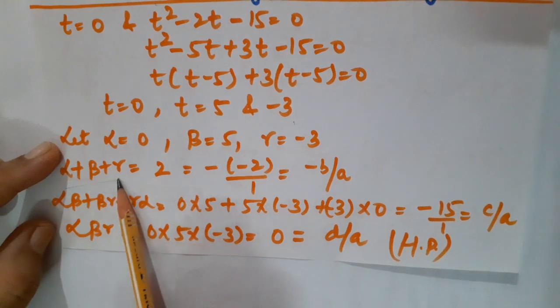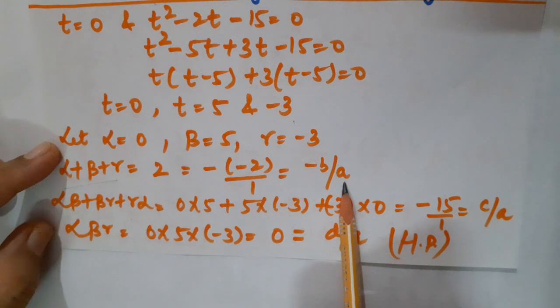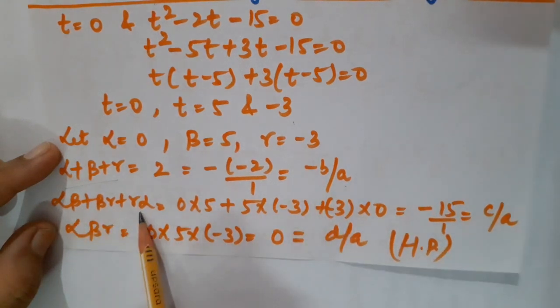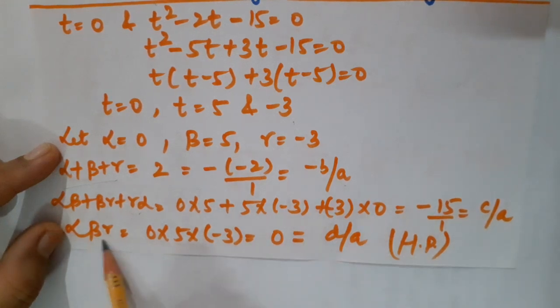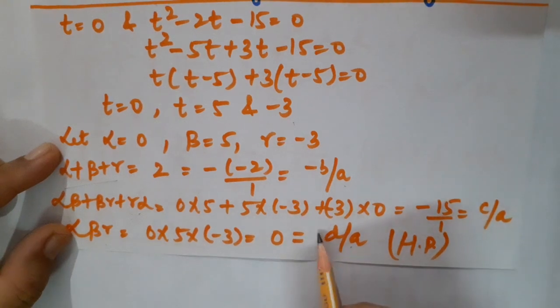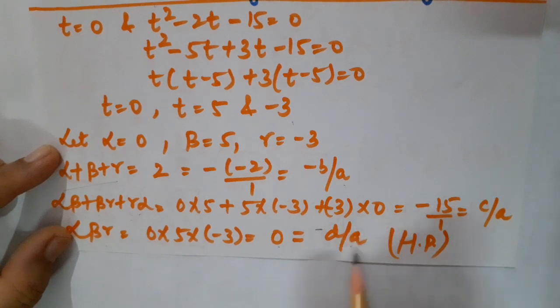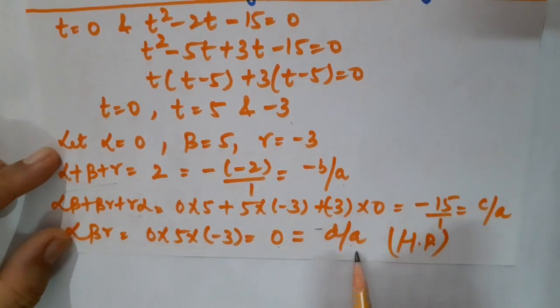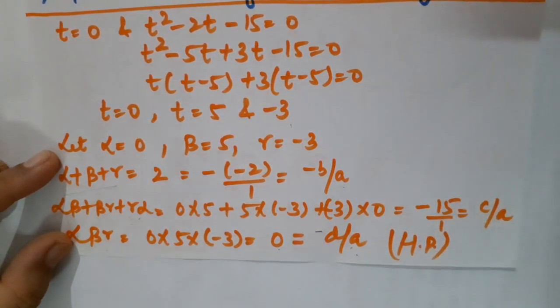That is sum of the zeros. I have added them, so I have got minus b by a. Then sum of the product of the zeros taken two at a time, that must be equal to c by a, and product of the zeros must be equal to d by a. That should be actually minus d by a. But you know that 0 is neither negative nor positive, so this can be written like minus d by a. Got it? Please check each and every step of the solution, and wherever you find that you have committed a mistake, please do the corrections also.